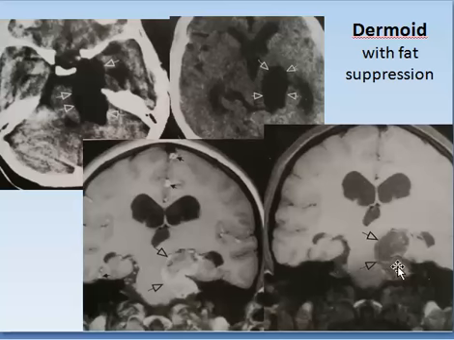And in this one there is fat suppression. Compare these two. There is fat suppression here, and the tumor is suppressed due to the fat content. So fat containing tumors with heterogeneous enhancement and usually extra-axial are due to dermoids.